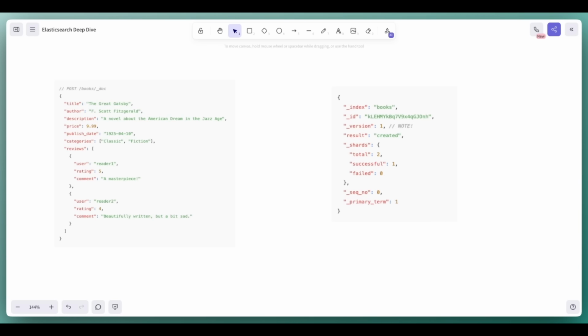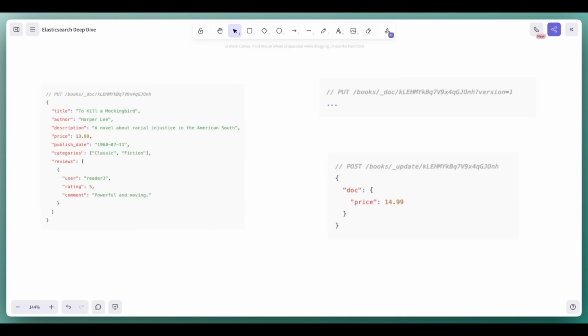We could be making updates from any node, and they might take some time to percolate through the system. So it's really important that we handle collisions and concurrency. This is particularly relevant when we start to talk about updates. For updates, the simplest possible API is to make a put request to this doc endpoint with the ID that